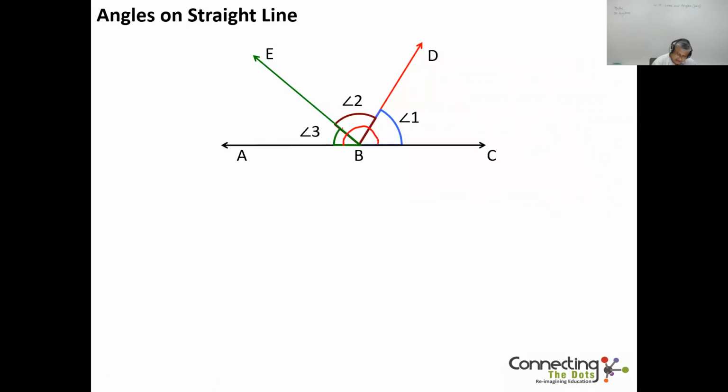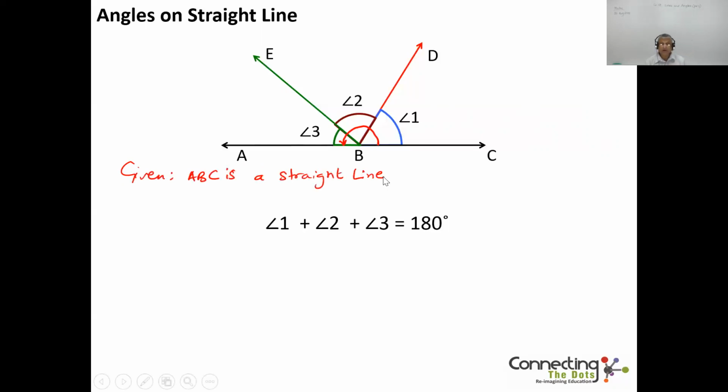So all these adjacent angles put together will be equal to 180 degrees. No doubt about that, right? It is given that ABC is a straight line. So if ABC is a straight line, then angle 1 plus angle 2 plus angle 3 will be